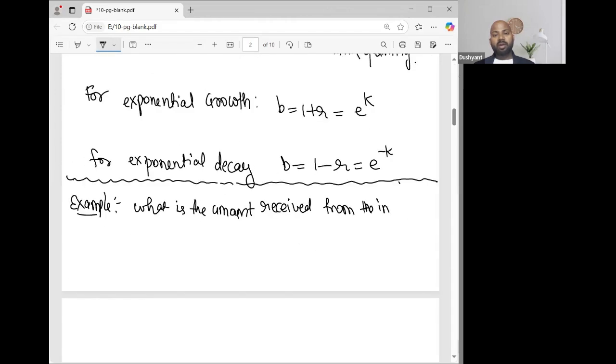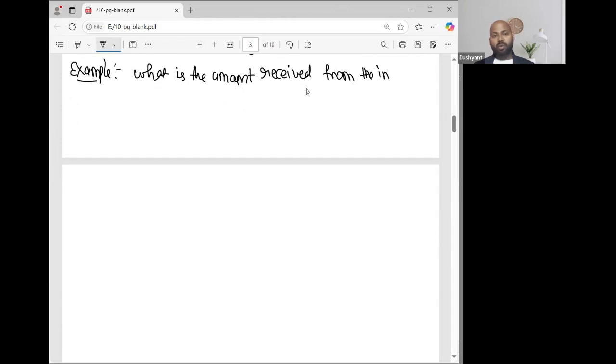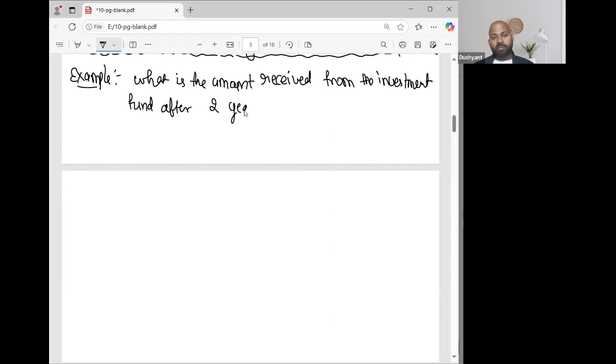So I'm talking about money growth first. What is the amount received from the investment funds after 2 years if, let's suppose, $100,000 were invested